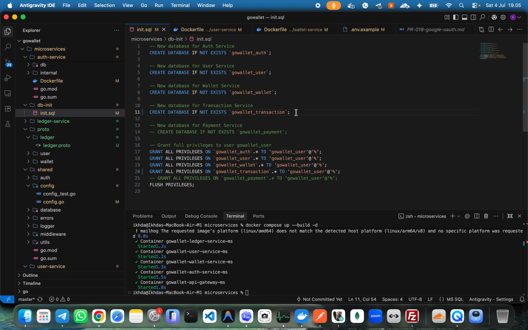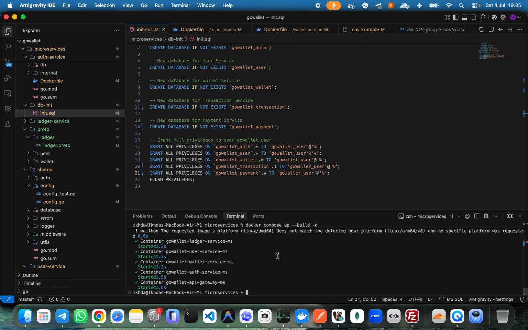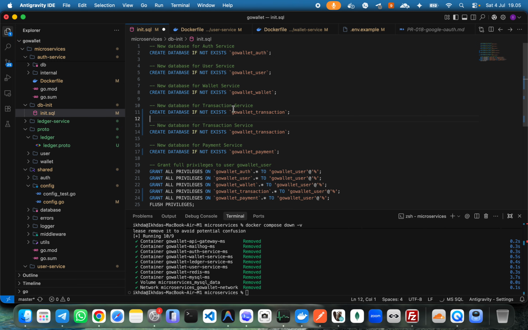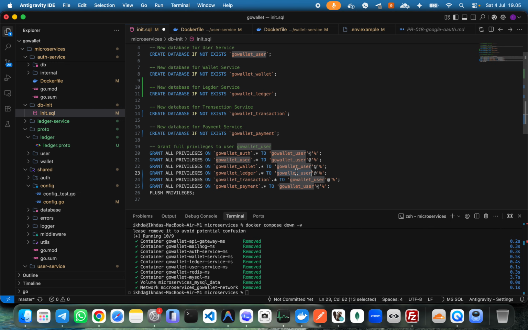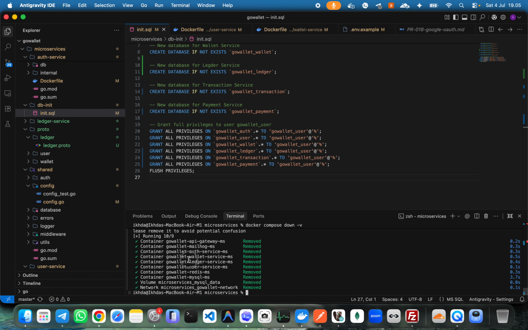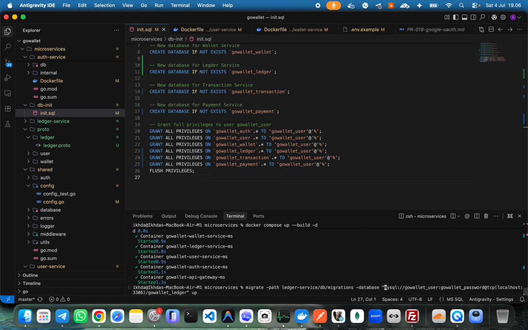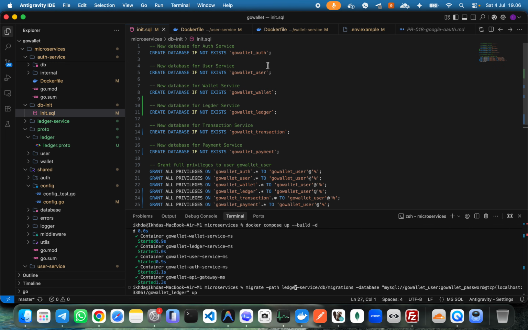what I uncommented is transaction, and then here it goes like payment. I think I will bring it down again, but now I will open it up for all the databases first, which is now ledger, and this one should be ledger. So we will not do this again, remove again and up again, because it makes our development so long. So here I will try to migrate from the first one, which should be auth